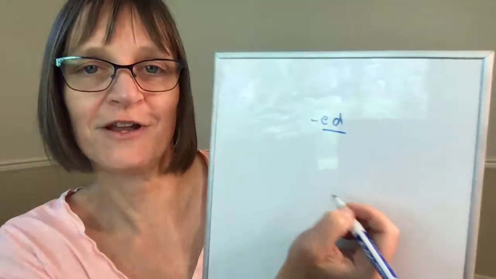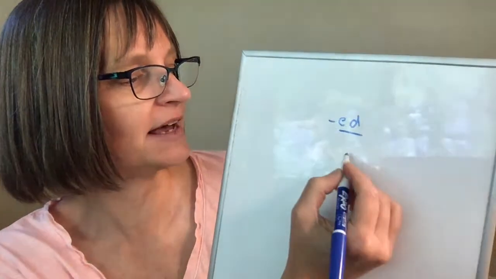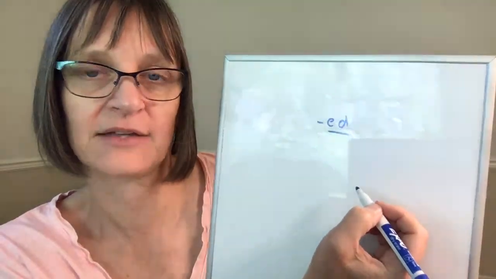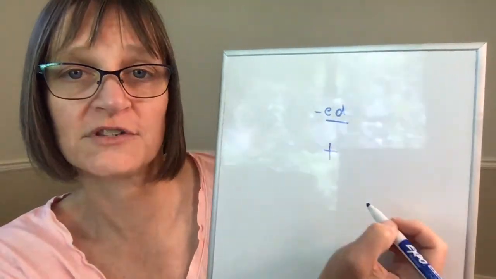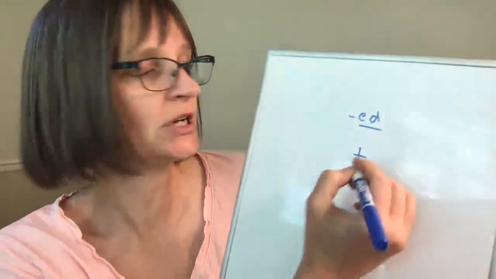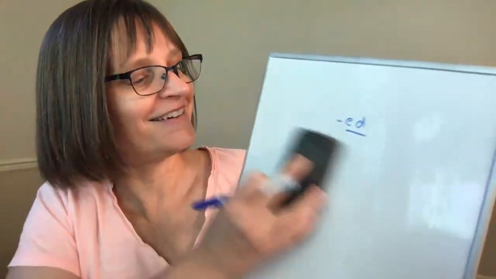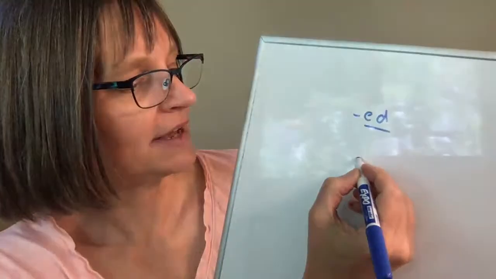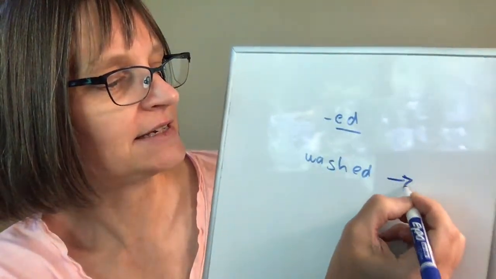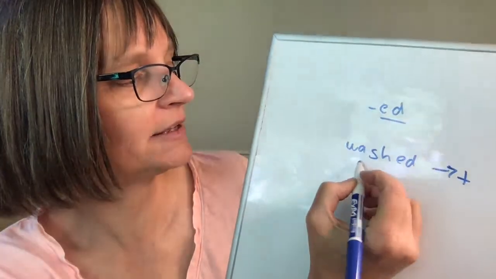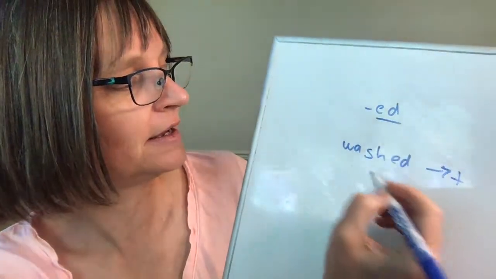So I have a members video coming up for past tense words. And what it talks about is that when I add ed to make something past tense, if I'm adding that to a word that ends with a voiceless sound like T, P, K, SH, for example, act, that's a different one. If I add it to, for example, sh, wash, then my ed is going to say T, washed. If I add it to a voiced sound, like a vowel or a voiced consonant, like